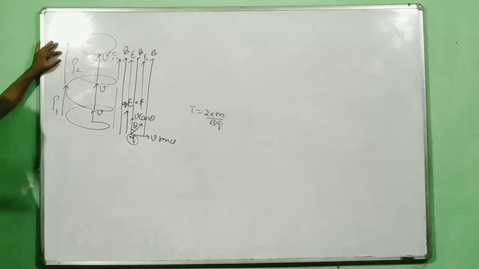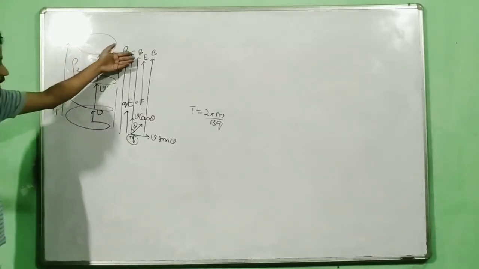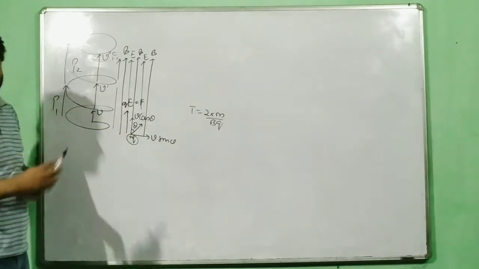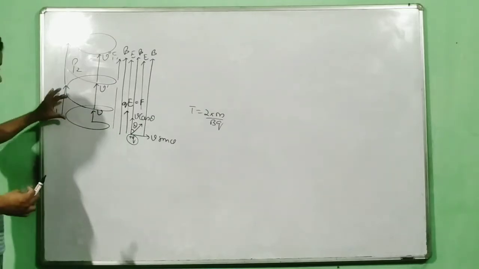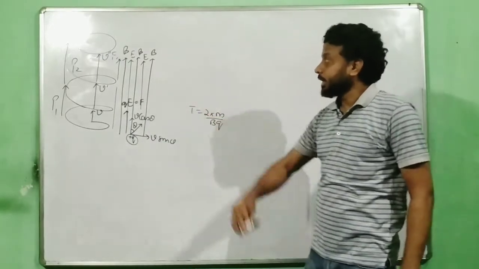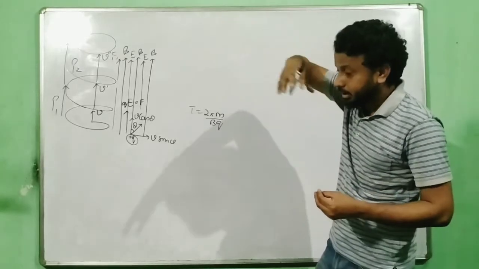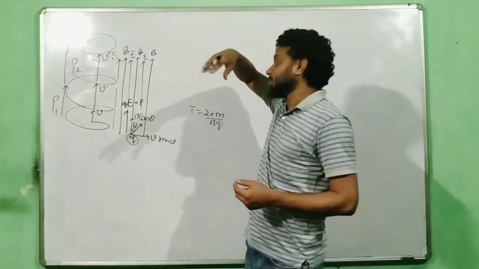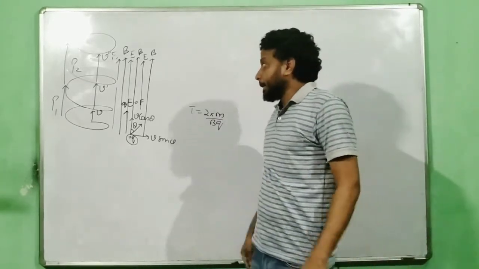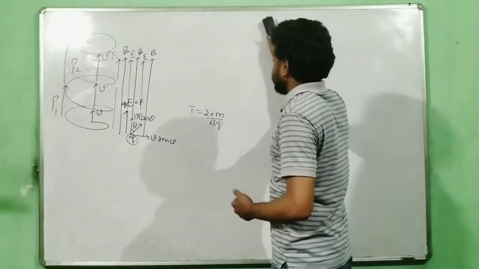Good. What will happen if I switch on the electric field in the opposite direction? Answer it. If I switch on the electric field in the opposite direction, that means the qE force will act opposite to V cos theta. Retardation, deceleration. In that case, the pitch will decrease. Correct? So this is what the electric field does to the pitch. It accelerates, it creates a bigger pitch. If the electric field and the velocity are in the opposite direction, it reduces the pitch. This is one concept we just came across.